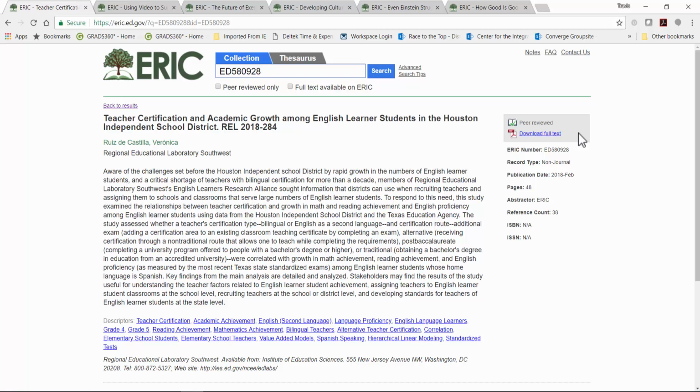If you only want to see full text available items, again, in a search, you can click the full text available on ERIC box to limit your searches to that. The ERIC content development efforts focus on bringing in as much full text as possible, as well as peer-reviewed materials.